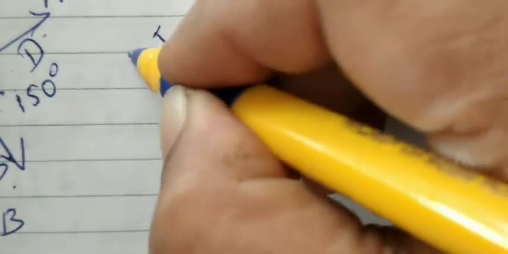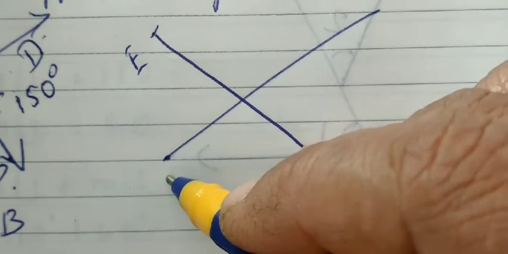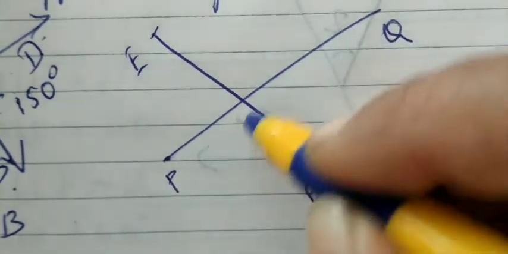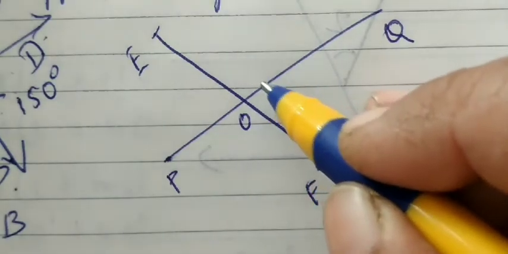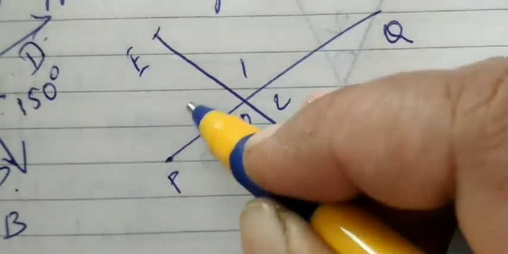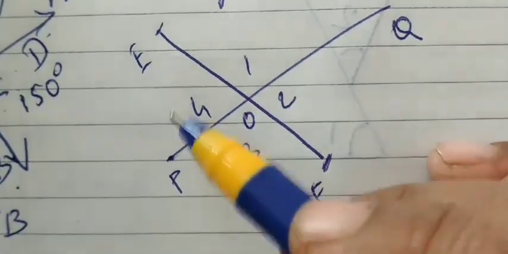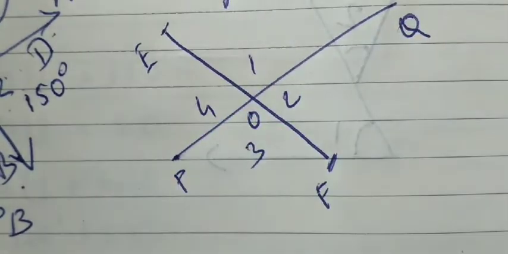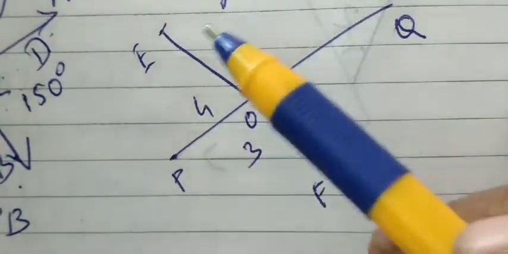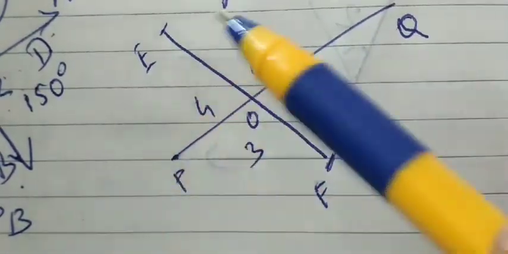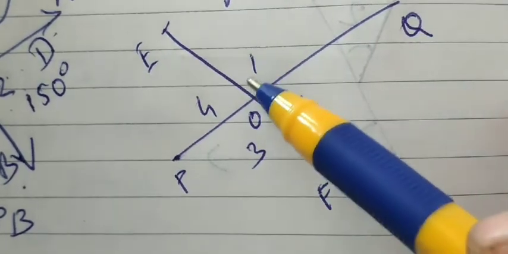We move on to the line segments. EF, we name it EF, and P, Q, they intersect at O, right? I name them 1, 2, 3, 4. Easy way of naming it: angle 1, angle 2, angle 3, angle 4. नंबर द एंगल्स, एंगल को आप नंबर दे दो, फिर आप एंगल 1, एंगल 2, एंगल 3 करके चलो, ताकि आपको इतना बड़ा नाम नहीं लिखना पड़े, लाइक एंगल EOQ. बहुत सारे बच्चे गलती करते हैं लिखते वक्त एंगल.